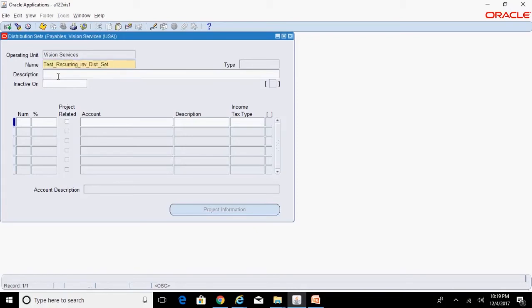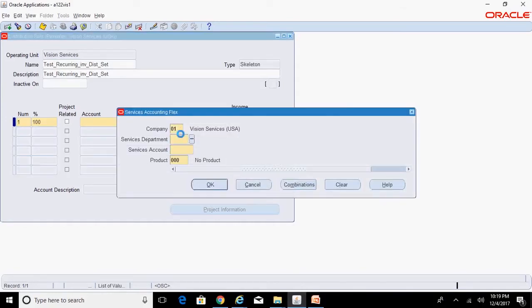Specify the same as the description, and if you want to use one account, just specify the percentage as 100 and specify the account code combination, rent account.